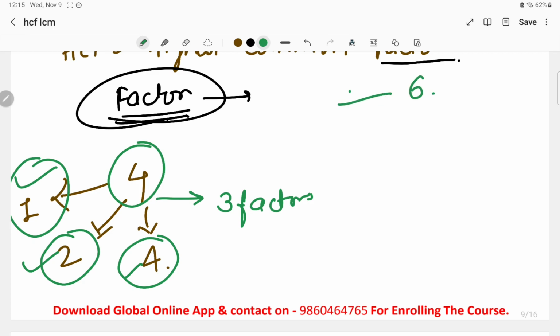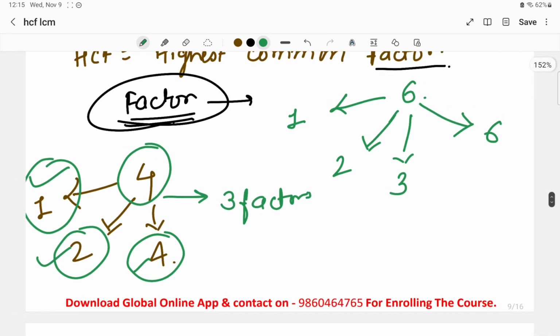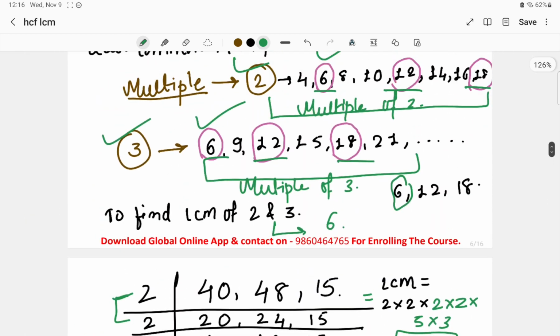Okay, so 6 comes in 1's table. 6 also comes in 2's table. It also comes in 3's table. 2 3s are 6, right, 3 2s are 6. Similarly, it also comes in 6's table. Okay, it comes in 1's table, 2's table, 3's and 6's also. So from this we can clearly say that,